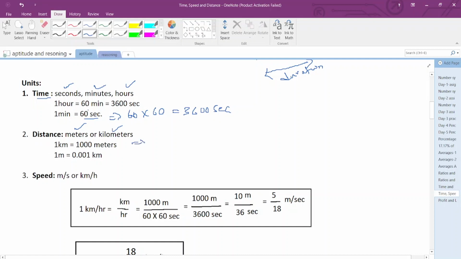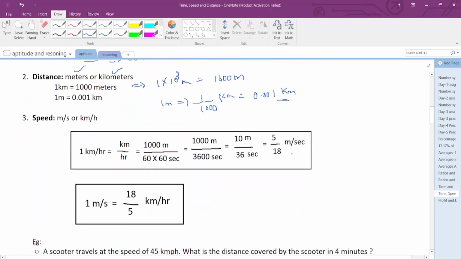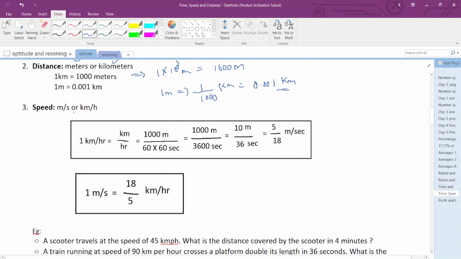Kilo means 1 into 10 power 3, which means 1000 meters. 1 meter is equal to 1 by 1000 kilometers, which means 0.001 kilometers. Okay, so this is about the distance units, and the speed units are meters per second